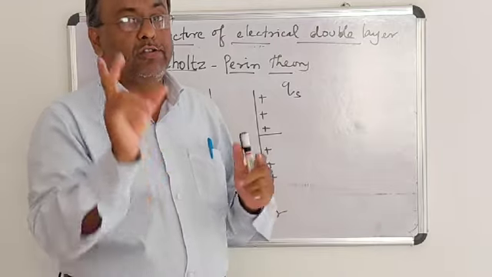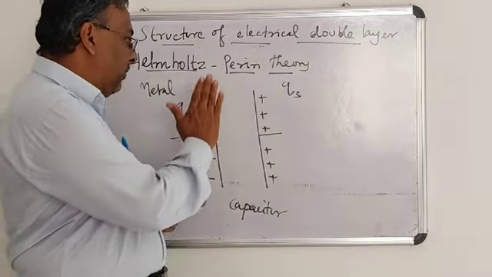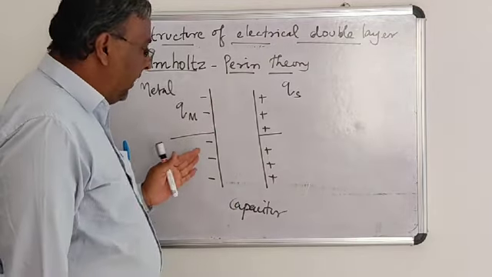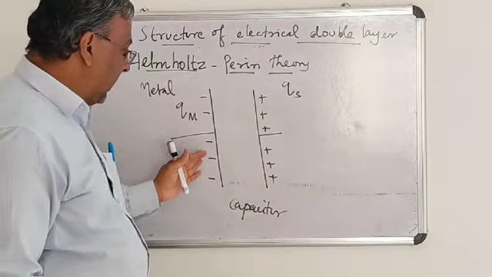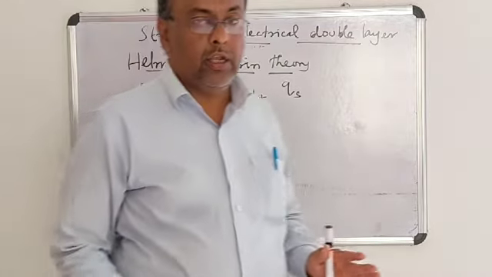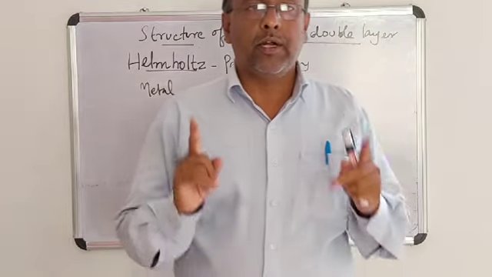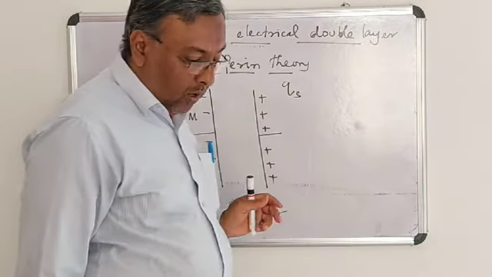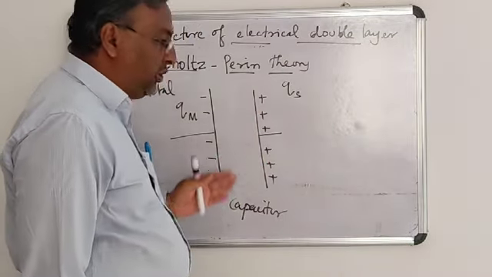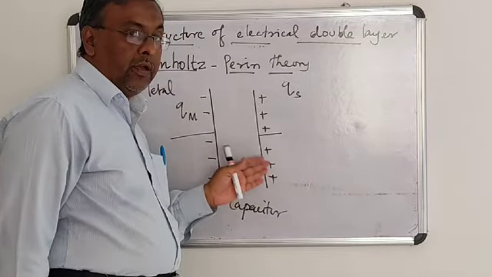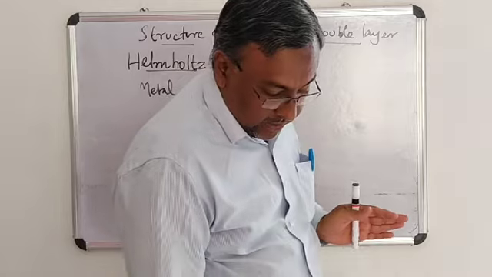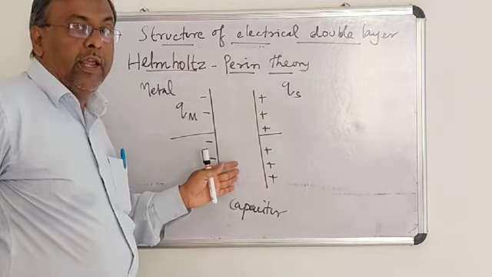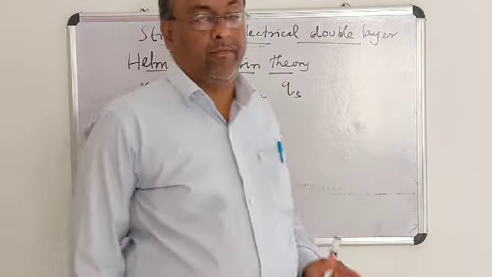It is called the Helmholtz electrical double layer. There will be a potential drop between these two metal sheets. The charge over the metal and the solution is equal in magnitude but opposite in sign. Now let us see what the potential drop is between the metal and the electrolyte of the capacitor, by a theory called electrostatic theory.